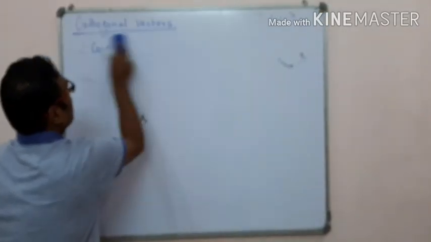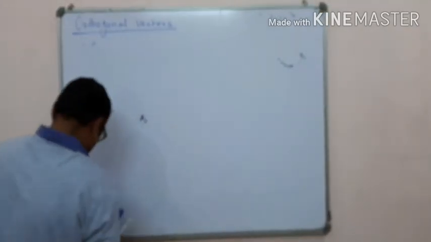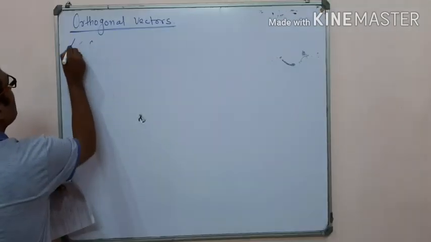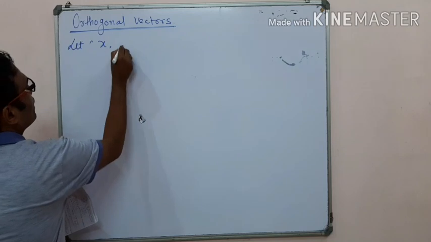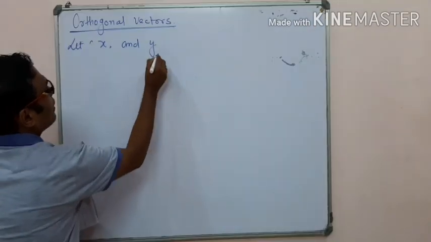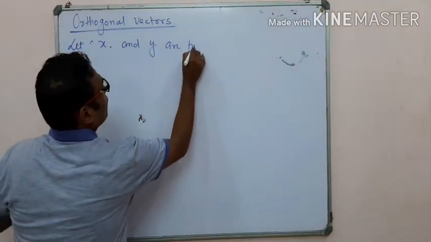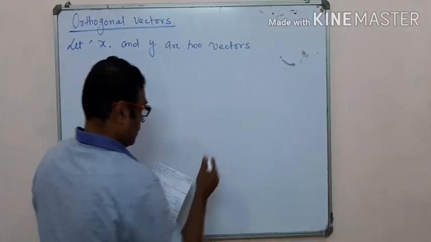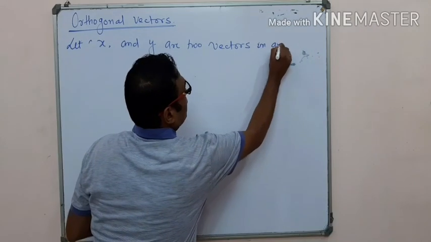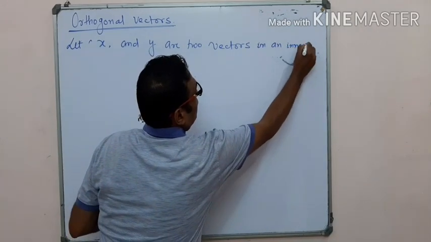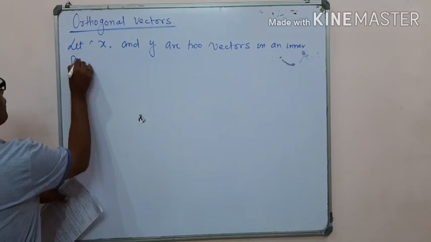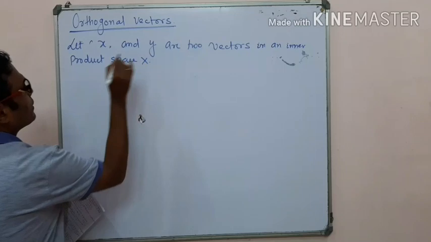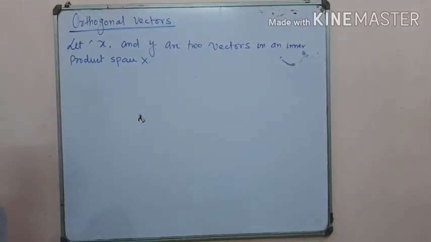What are orthogonal vectors? Let x and y be two vectors in an inner product space capital X. If x and y are any two vectors in an inner product space,